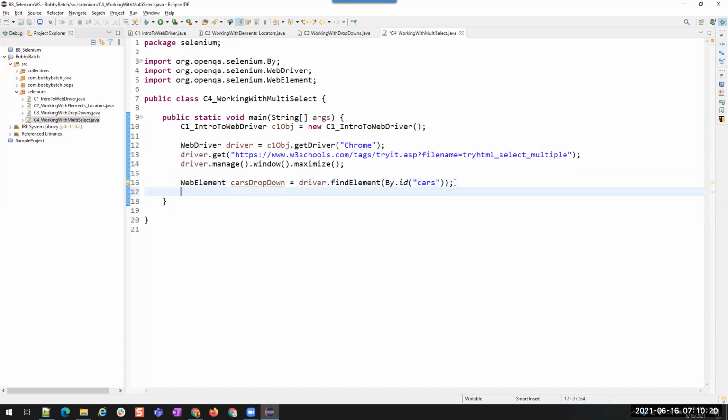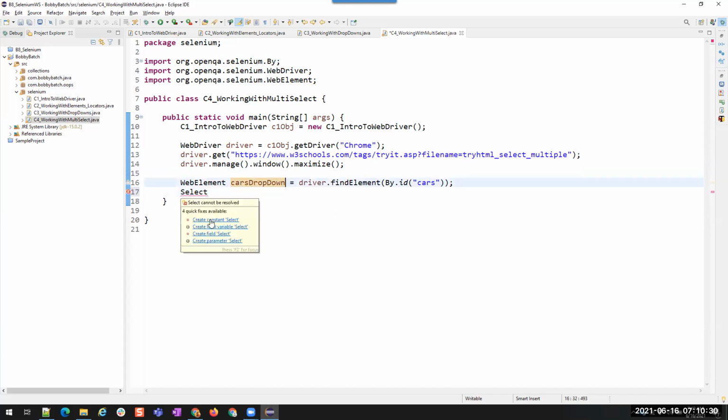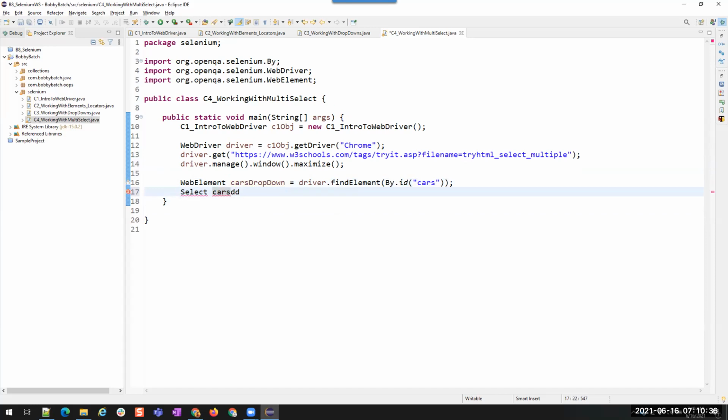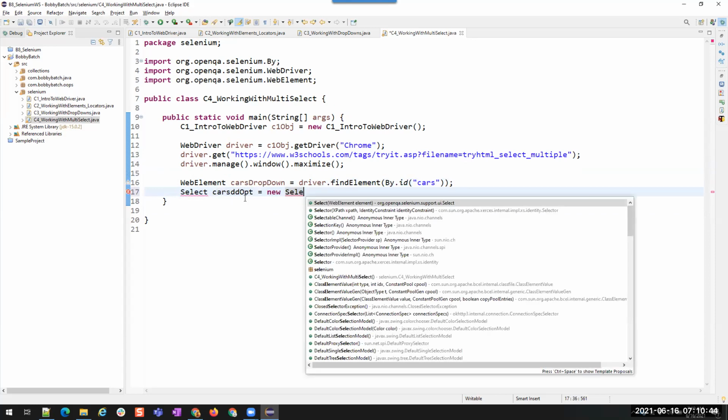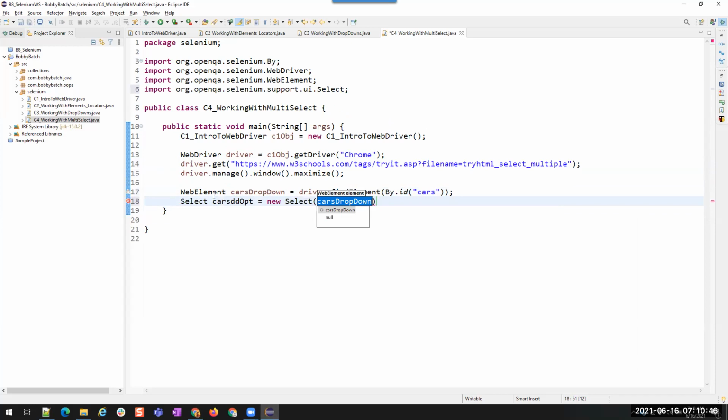Now we have to create a select class object. Select cars drop down options is equal to new select of this web element cars drop down.